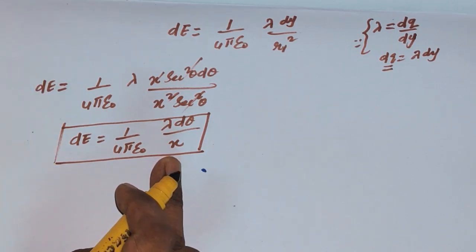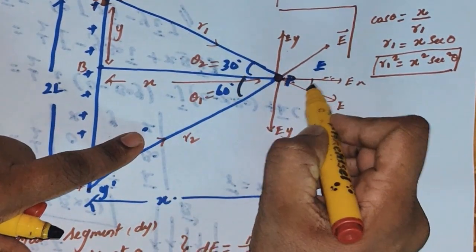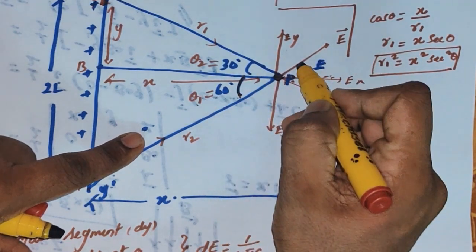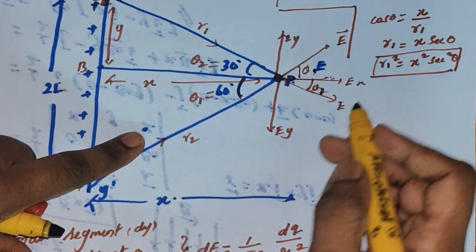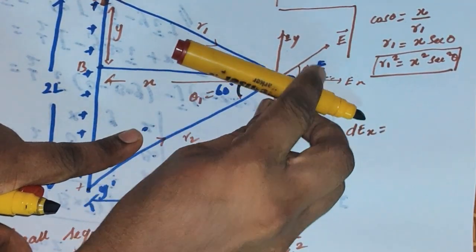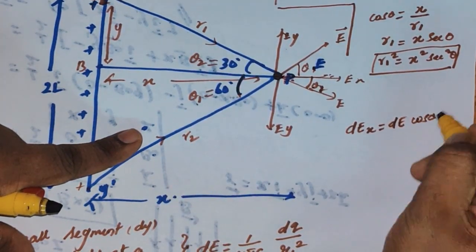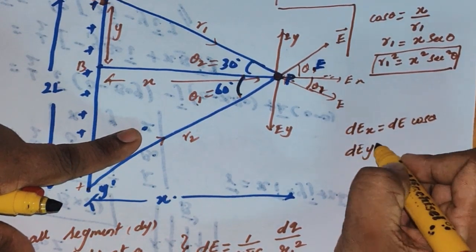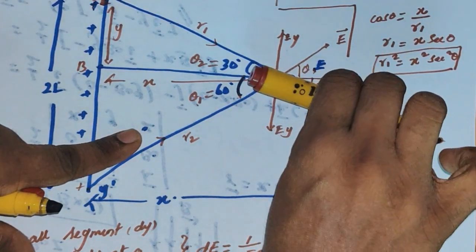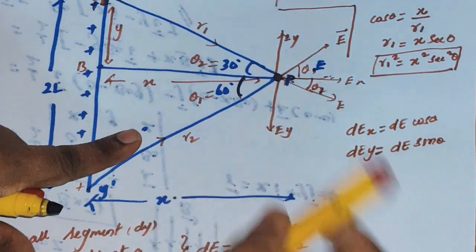So the x component of the electric field, suppose we look at the diagram. If this is theta, you can make this theta 1 or theta 2. This is theta 1, and this is theta 2. So in general, you can call dEx, the x component of the electric field, the projection of the electric field, equal to dE cos theta. The y component of the electric field, you can write as dE sin theta, the opposite. If the small electric field is here, dE, then the x component is cos theta and the y component is sin theta.